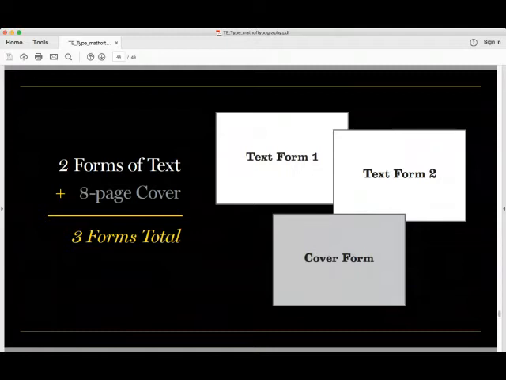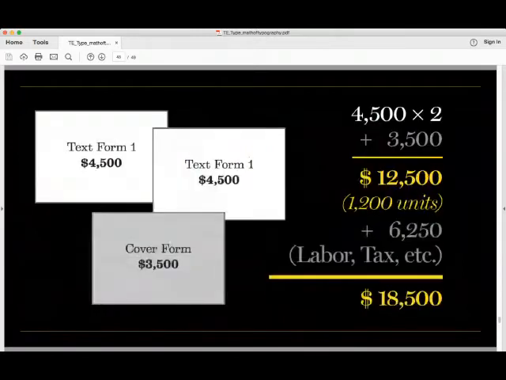So if we do a ballpark cost here, each text form at a standard 4/4 process, and Marina, this is pretty much ballpark. This might not even be close for now. So this is just to get an idea on cost. If we have 4/4 just straight process, print run costs $4,500 to print at our quantity of 1,200 units, let's say, because we have an average of past projects we've done. That means our 2 text forms comes to around $9,000, right?